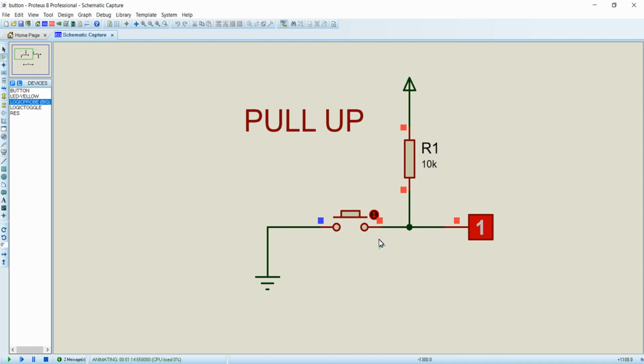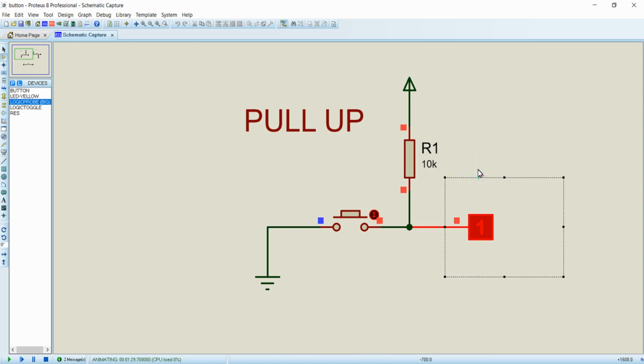Now let's try to understand this pull up logic. In this pull up logic you can see one of the terminals of the button is connected to ground, and the other end of the button is connected to a microcontroller pin, that is the Node MCU pin. The same terminal end is provided with a 10 kilo ohm resistor along with the 3.3 volt signal, that is the power source right over here. Initially, when the button is not pressed, the current flows in this direction and reaches the Node MCU GPIO pin.